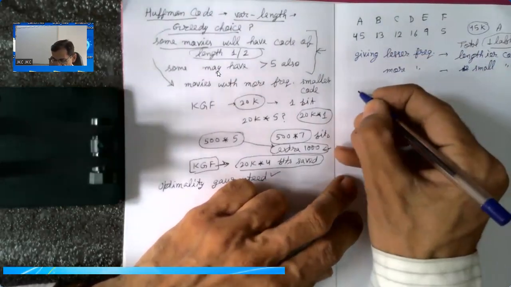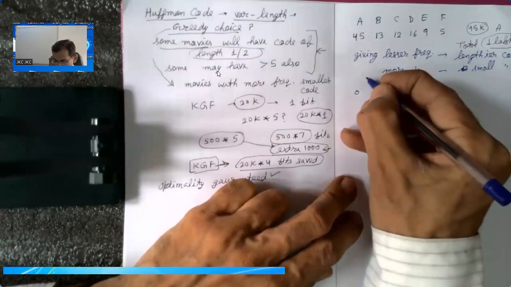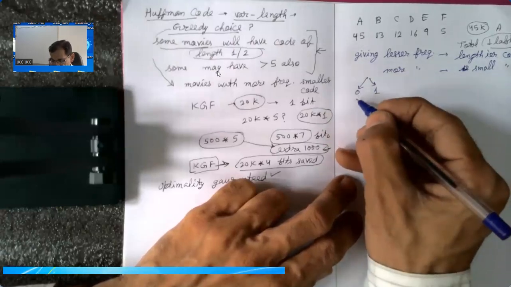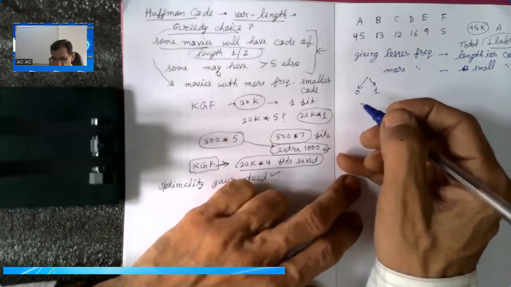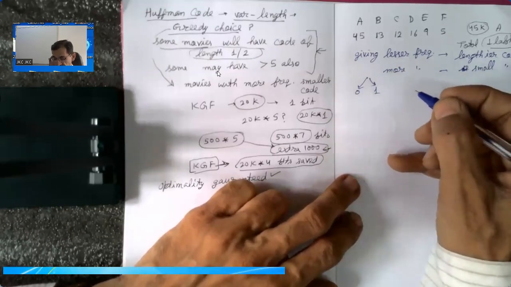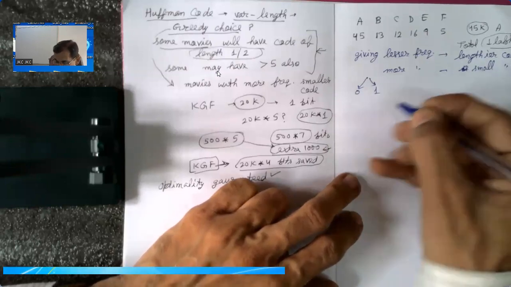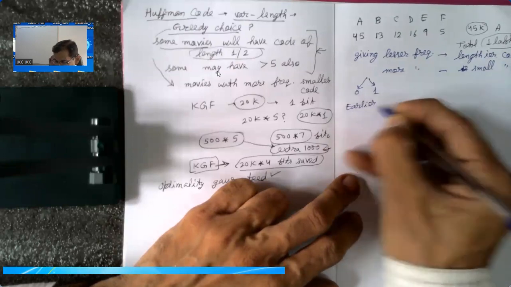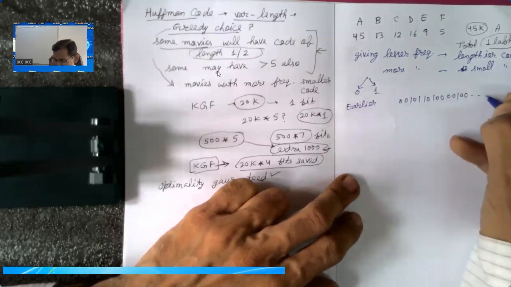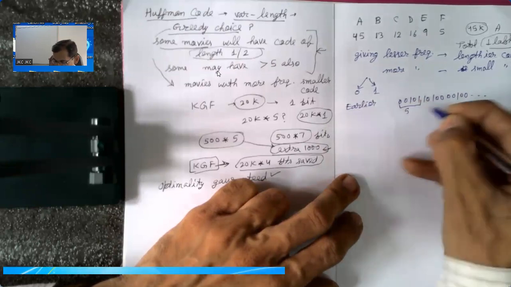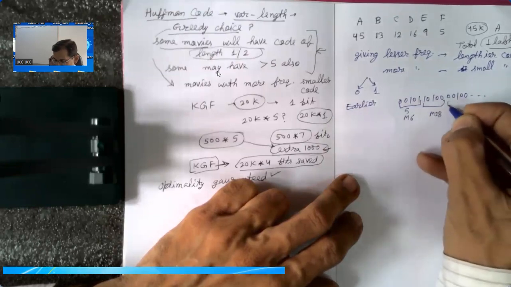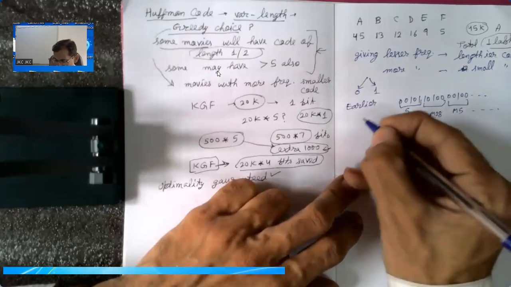So if there are only 2 movies, one can be given 0, one can be given 1. But I have more than 2, so the variable length code should be in a way that I should be able to decode also. And in decoding, that flexibility has to be there in some special manner. So what was the requirement? If earlier I had a 5-bit code and I sent, let's say, 00101, 10100, 00100, and so on, I could easily say each 5 bits is equivalent to one movie. Let's say this is M6, this is M28, this is M5, and so on. So decoding was straight